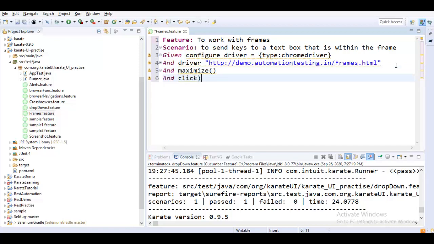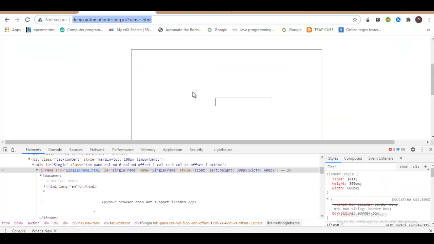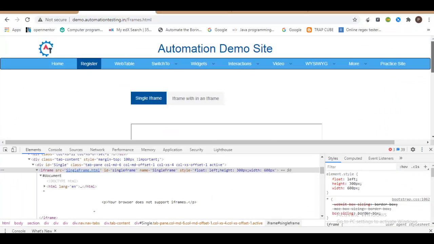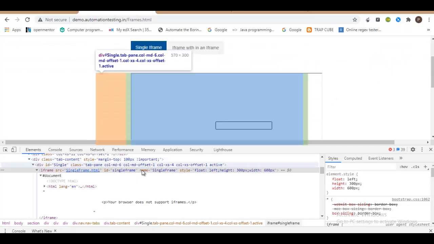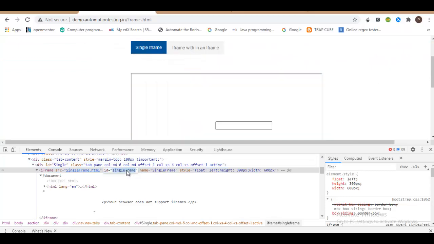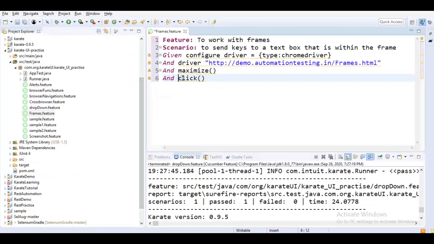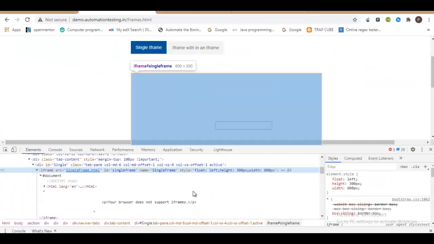Then let me click on... I don't think I'll need to click on anything here because the single frame is already clicked when you are on this web page. So I'll have to switch to this frame. Instead of the click function, I just use the method called switch frame as it was shown in the documentation. I'll write an XPath.